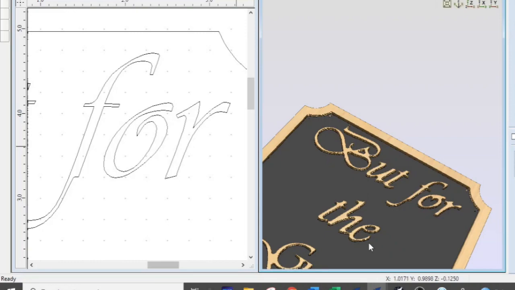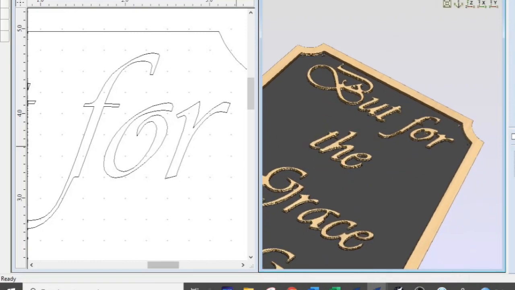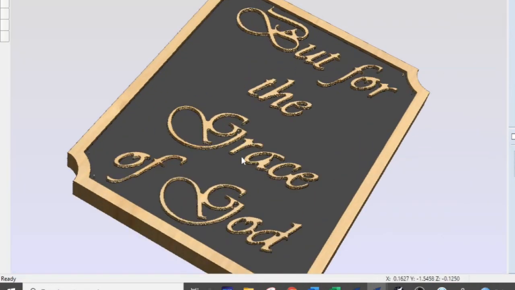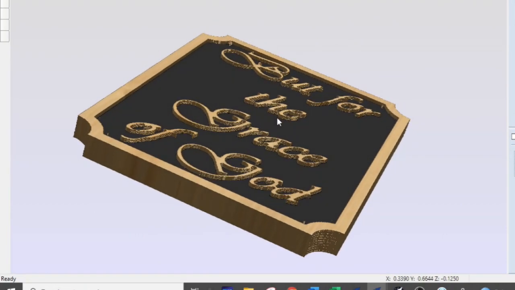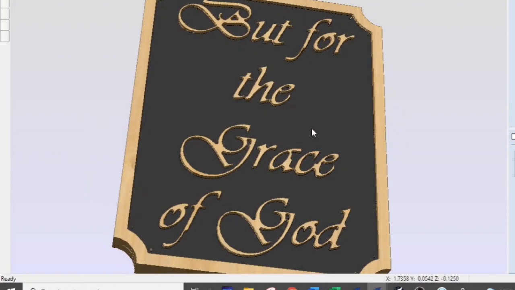Before I go on with this, I just want to show you what he's trying to accomplish. He wants these letters to be raised letters like that. So it's a very cool thing that Greg wants to do, and we're going to show you a couple techniques just like I showed you before. I'll walk you through how to set those up to make them work. So we're going to split the screens again,